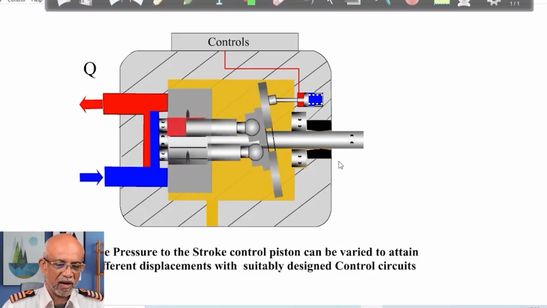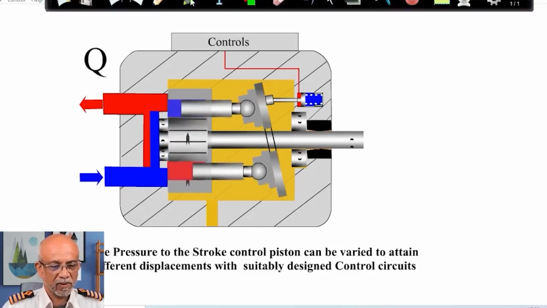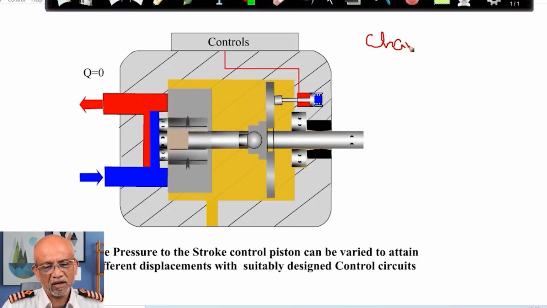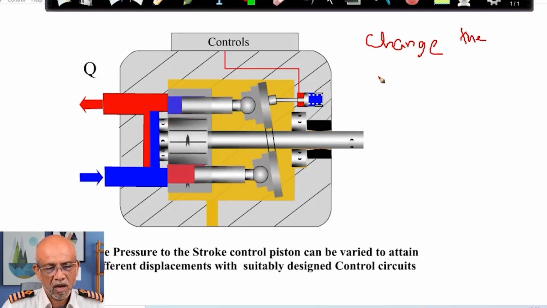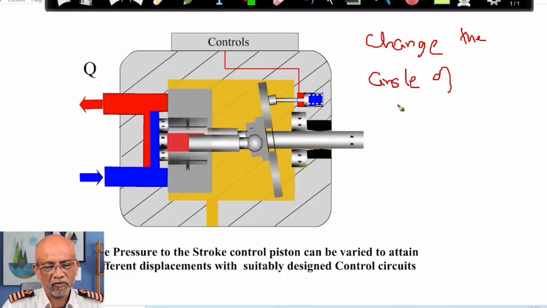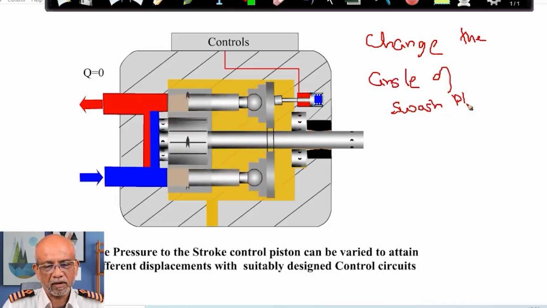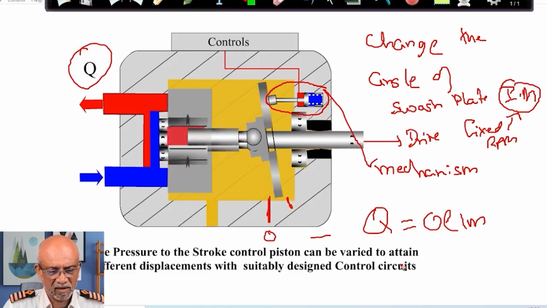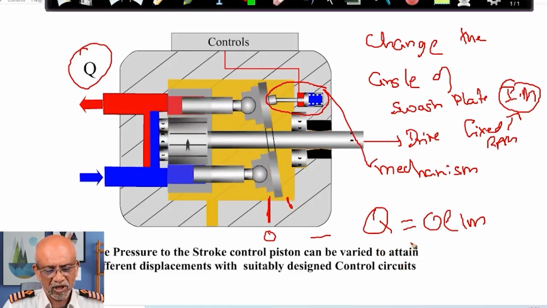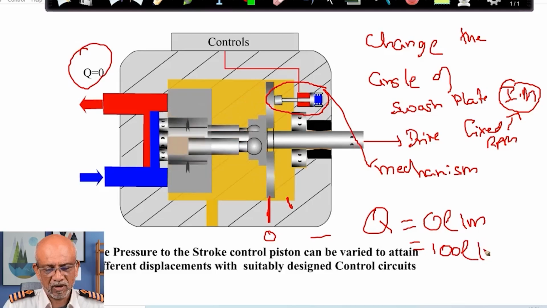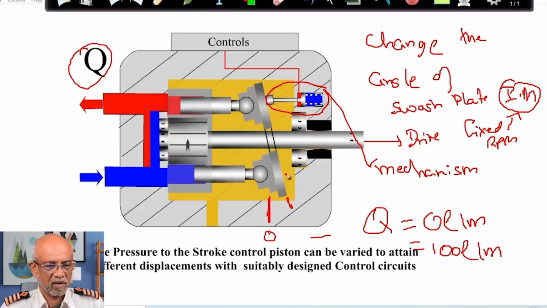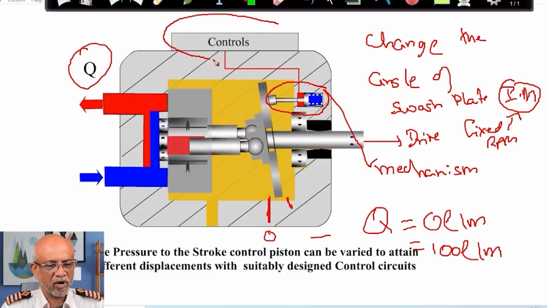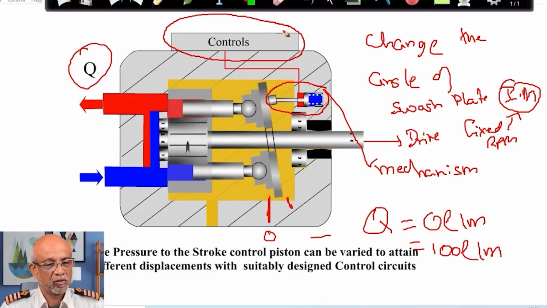You see, now I have created a possibility to change the angle of the swash plate. You see, the swash plate is at a maximum angle, correct? Q is equal to, say, 100 liters per minute. This is going to be controlled. What type of control? Again, we are going to have a subdivision of this to see what all types of controls are possible. But okay gentlemen, so time to move on to the next topic,